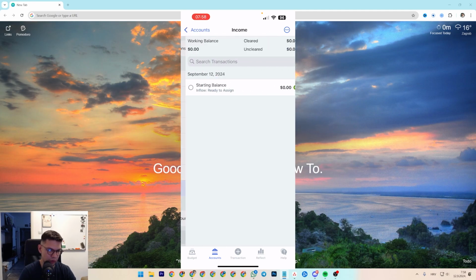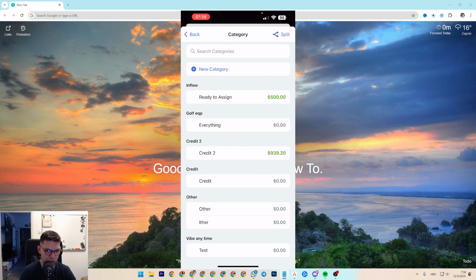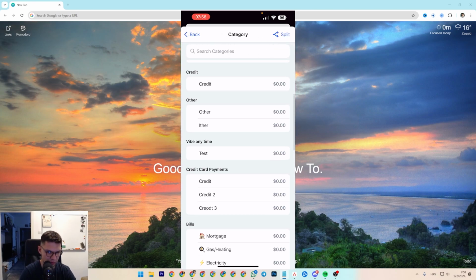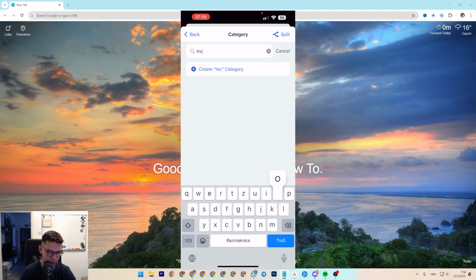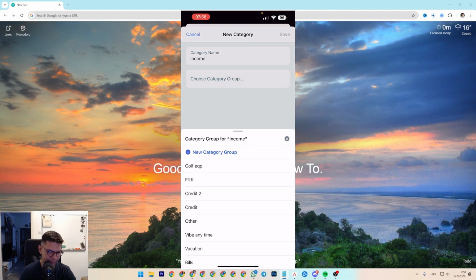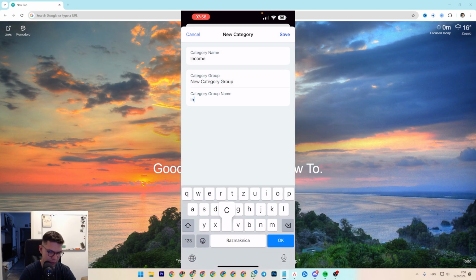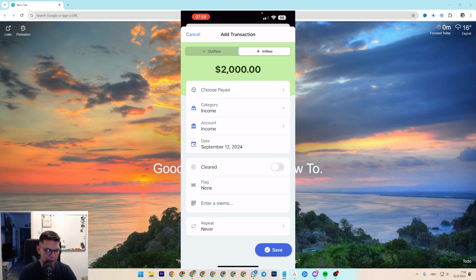Now what you can do, if you click on income, if you click on transactions at the bottom, go to inflow. Let's say your income is $2,000 a month. So you add $2,000, you go to choose category, you just find the income you created. Oh, it's not here. Okay, let's just create the income category. Category income. So you just need to create new income categories. And then